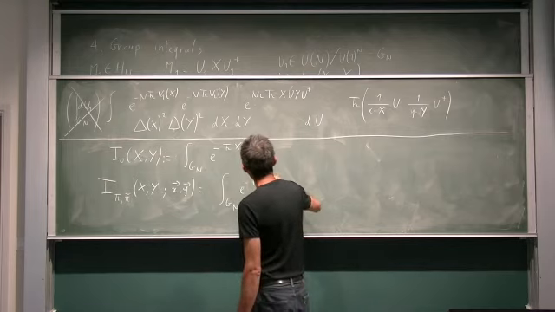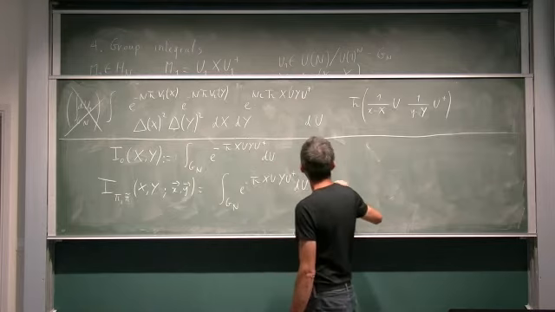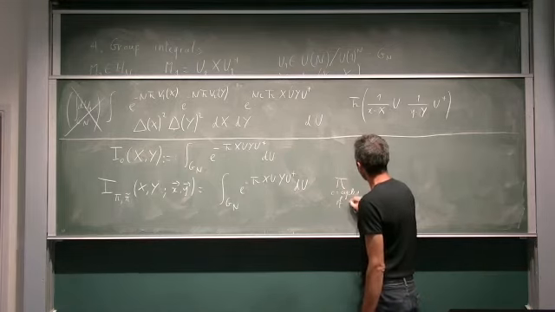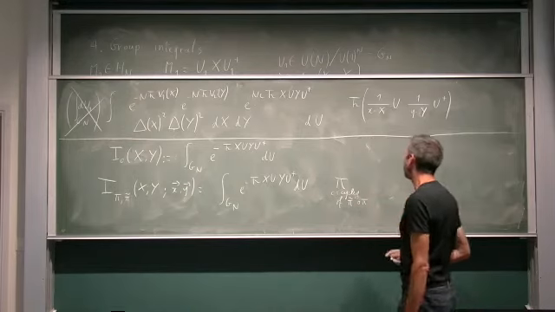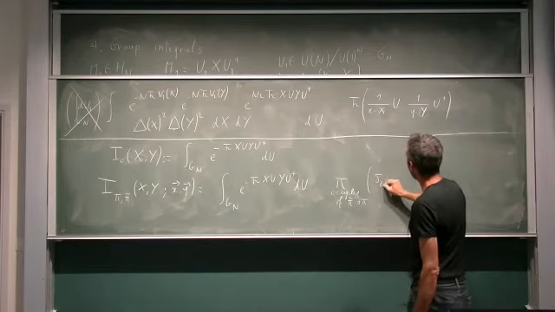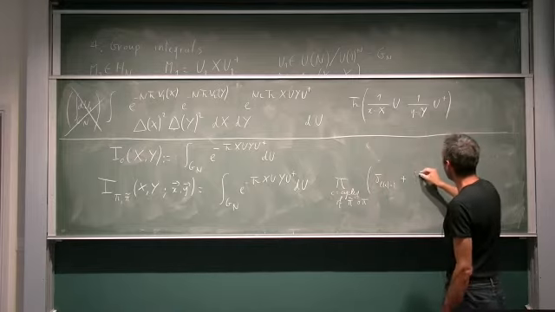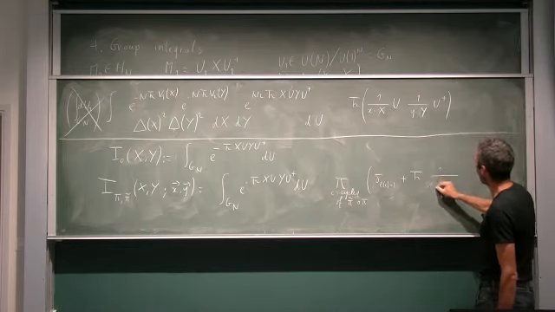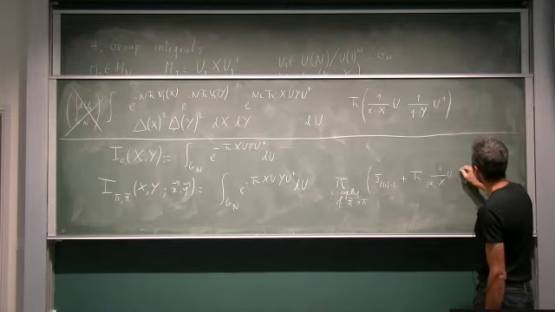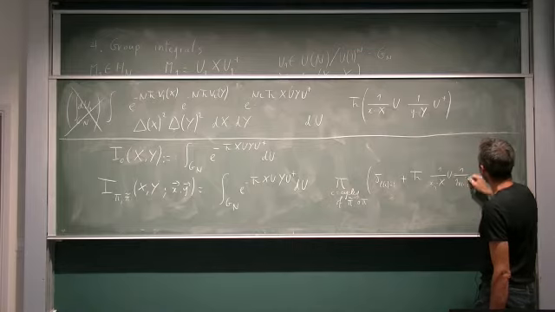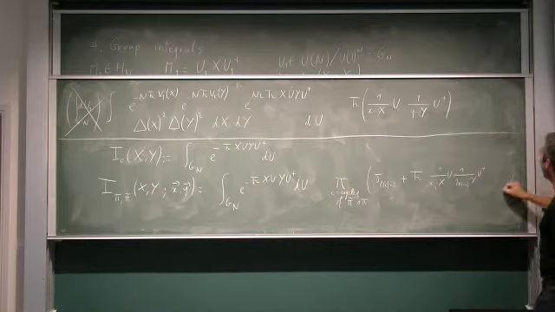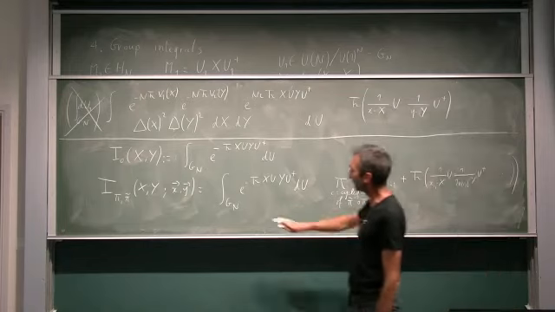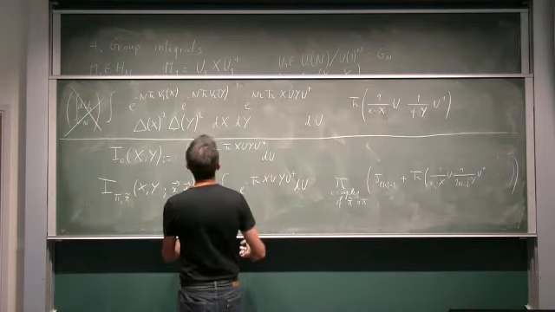Integral of exponential minus trace of X U Y U dagger, dU, times the product over cycles of P tilde minus 1 pi, with delta to the length of the cycle minus 1, plus trace of, again, 1 over X I1 minus X, U, 1 over Y pi I1 minus Y, U dagger, and so on, until you reach the end of the cycle. Okay, so this is the definition.